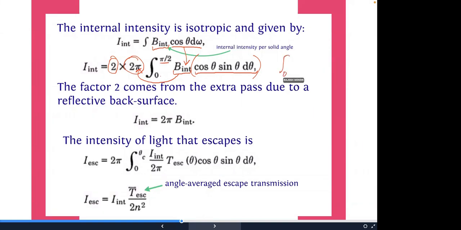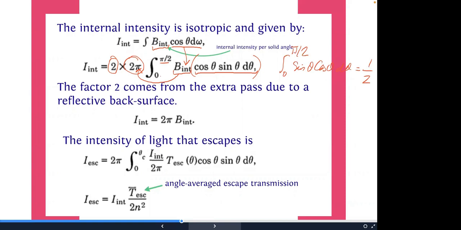So in other words, this integral of sine theta cos theta d theta simply turns out to be half, because it's half sine 2 theta from 0 to pi, it just becomes 1. Anyway,